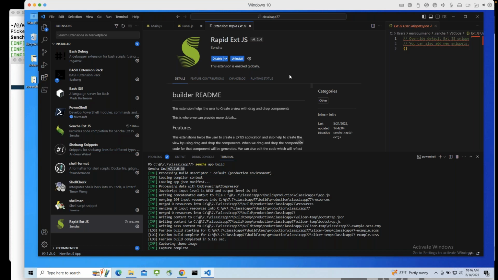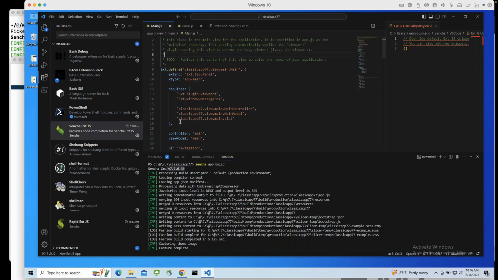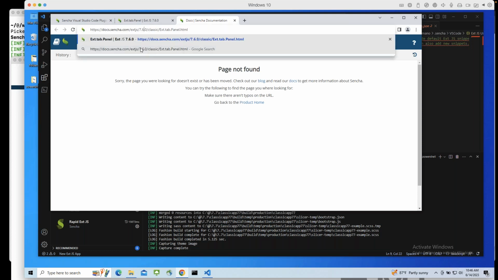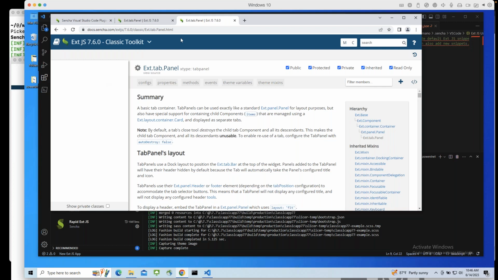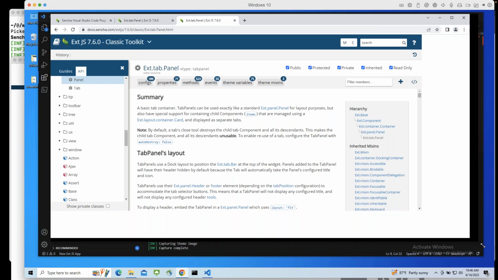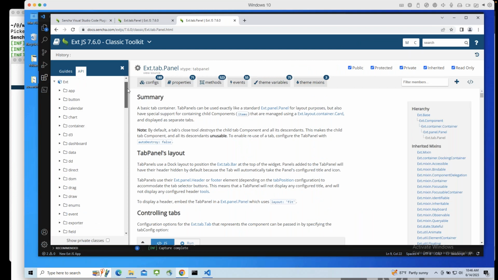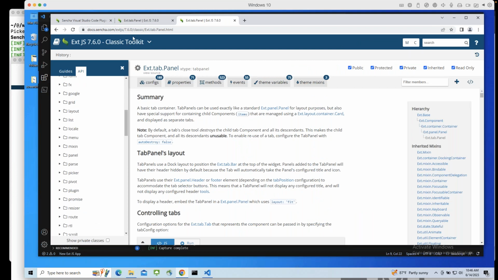The best documentation point? Well, if you're using the plugin, as I showed you, the best way to get at the documentation is simply to select something and hit F1. That will bring you to the documentation, which, as I mentioned earlier, is not available yet for 7.6 or 7.7, but this is the docs.sencha.com site. Here, everything for a particular component is documented. So the best place to start is docs.sencha.com, either getting to it with the plugin and an F1 key, or